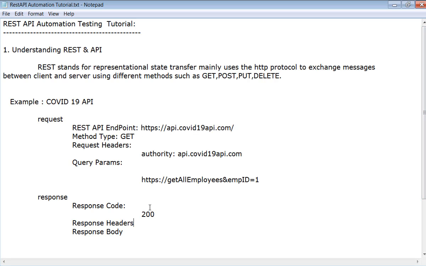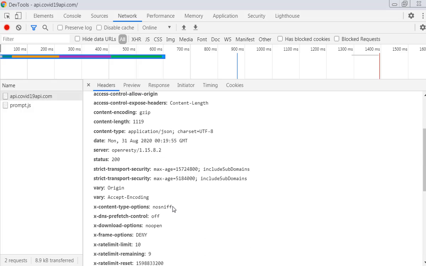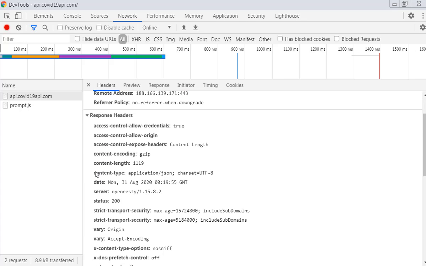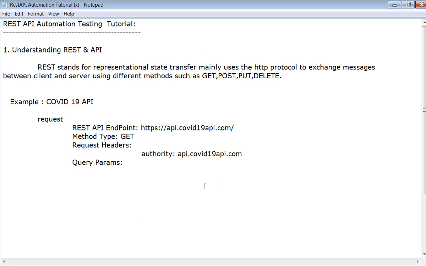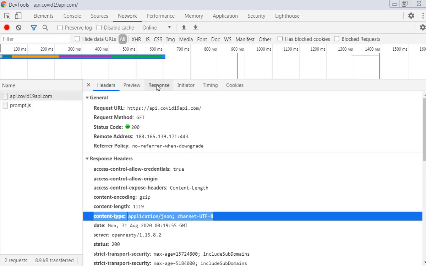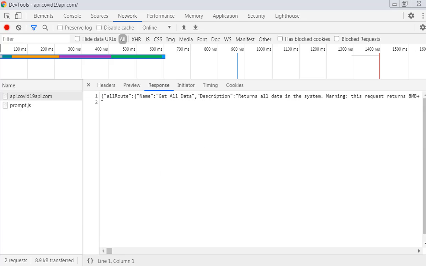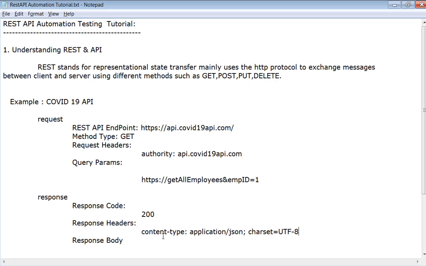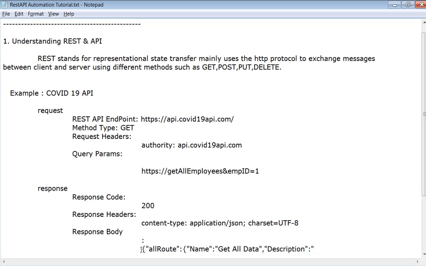Okay. The response header. So let's try to put some information. It's not easy to put all this information. Let's put the response header as this. And the response body is in the response tab. So let me try to put some information. Okay, so all this information is important for us to understand before you test either a GET method, a POST method, a PUT method, or a DELETE method.